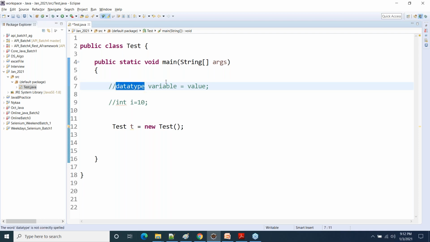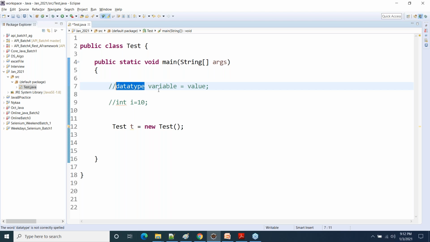When you define the data type of a variable, two things will happen. The moment you define the data type of the variable, it defines what type of value that variable can contain and how big a value the variable can contain. For that reason, you define the data type.